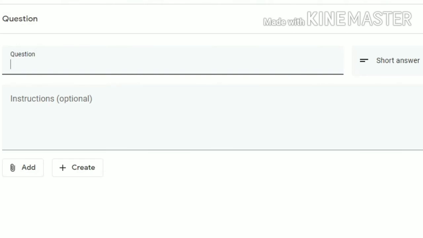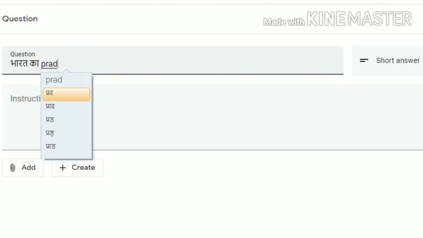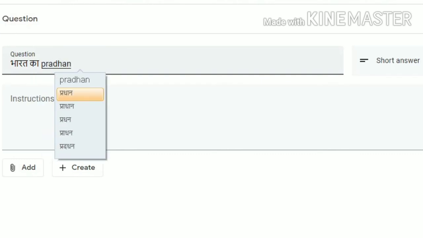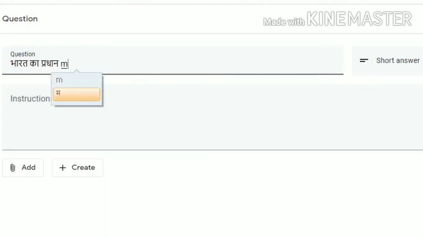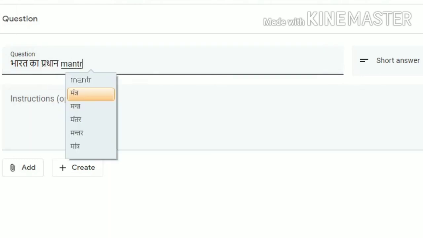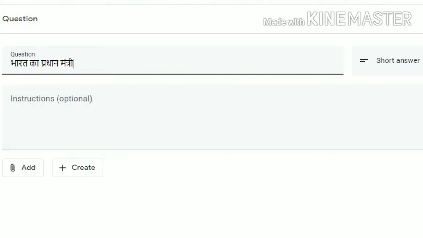In the question paper option I will click here and write the question, like भारत का प्रधानमंत्री कौन है. So this one is our question.